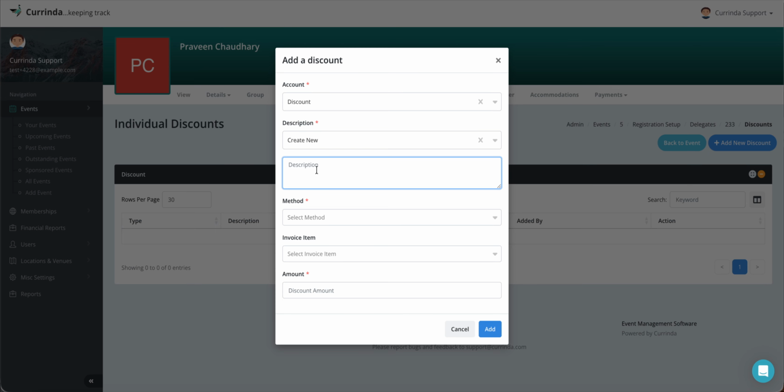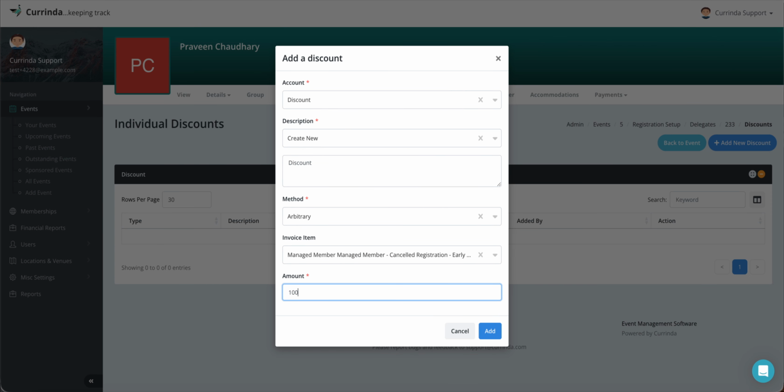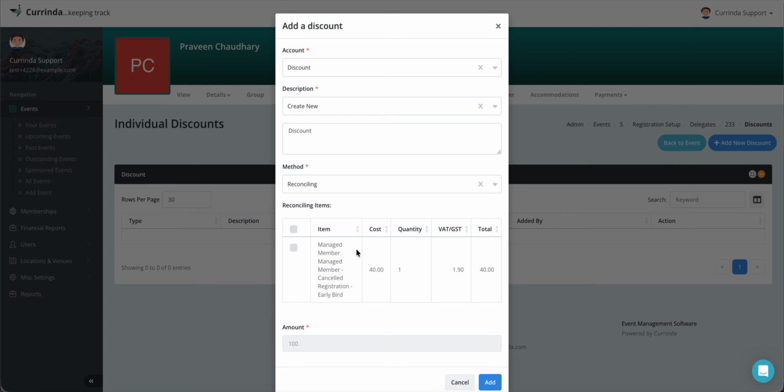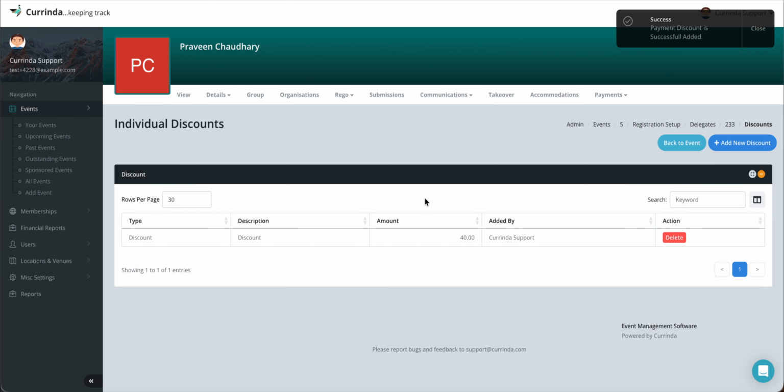Let's say discount method, let it be arbitrary, and let the invoice item be this. Let's say I give them a discount of $100, and I add this. Somehow it failed. There might be some validation here. Let's say reconciling, and okay, let's click on add. Okay, now we have this discount here, and if I go to payments, you can see